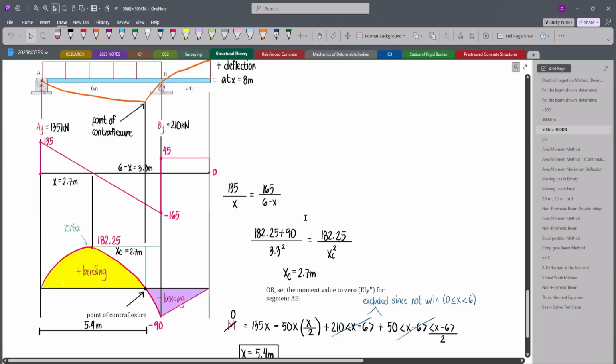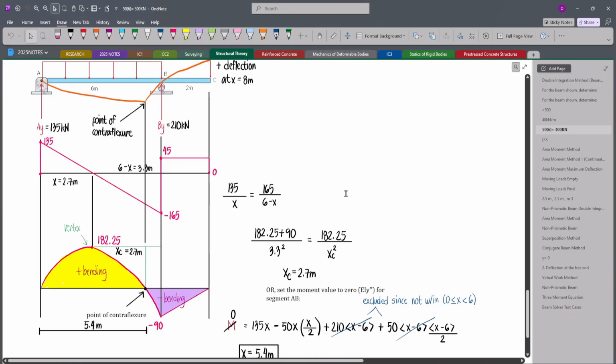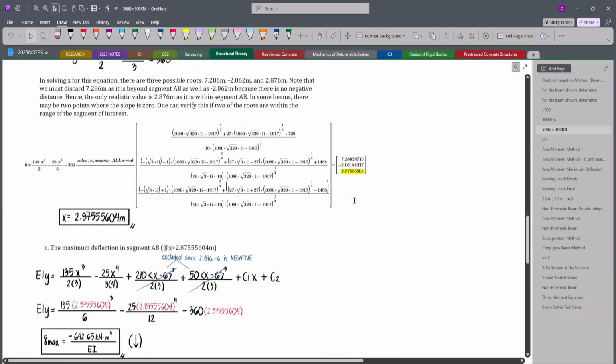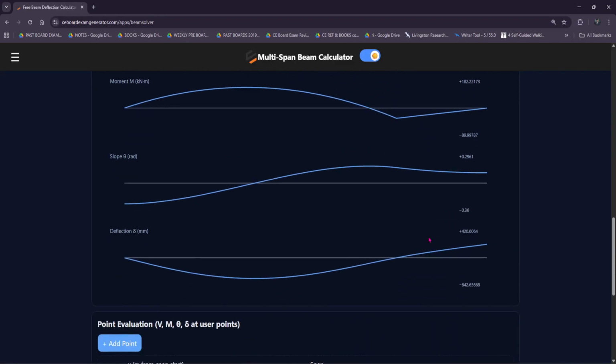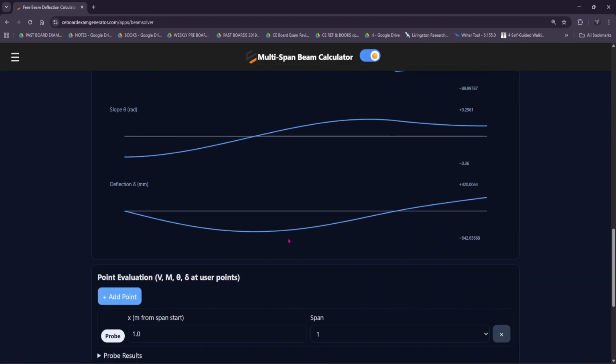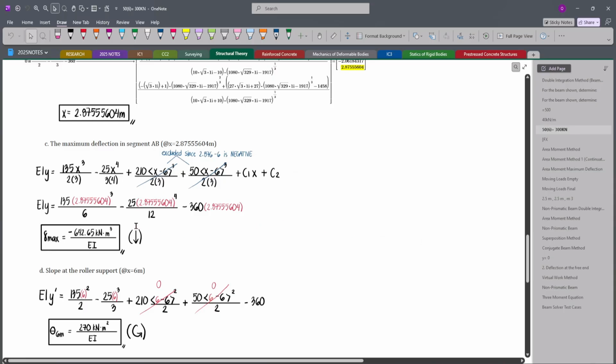Then for the moment, the maximum moment is 182.25. This is very close to the theoretical value. And then for the deflections, the maximum deflection we have solved is 642.65, which is this ordinate. And we can see the location here. The maximum deflection is at 2.876 meters from the left, and this is the value. So what we have solved here is 2.87555, which is